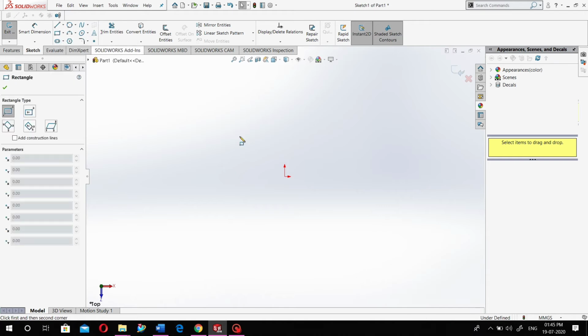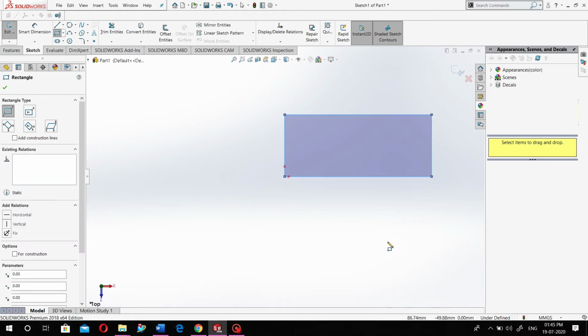So what is this corner rectangle? Just select a start point anywhere, just like this. You click on that point and drag your mouse accordingly up, down, left and right, so that your rectangle is created. You just select the first point and then the second point, and your rectangle is created.